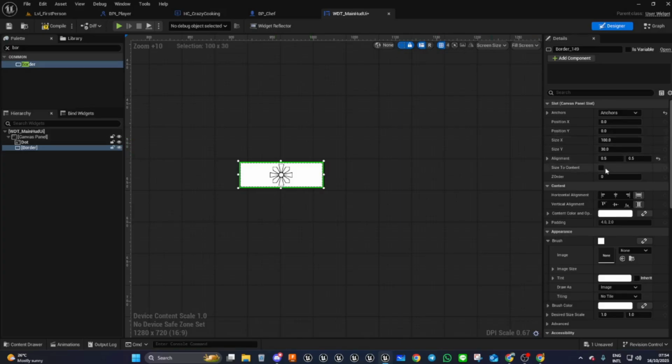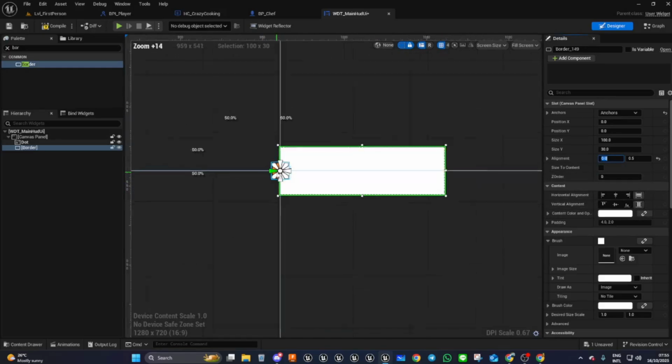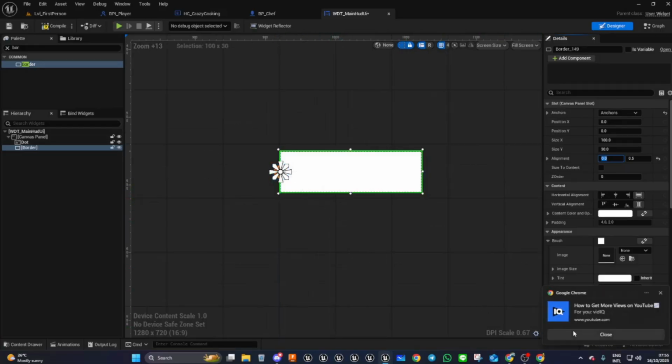Okay, so we're going to first of all do size to content, but I'm not going to click that yet, it's going to disappear on us. The alignment here is going to be slightly different. We're going to take that to just 0. You see it's moved it over to the left. How do we know we're going to get it in the right position? Well, we can add in a